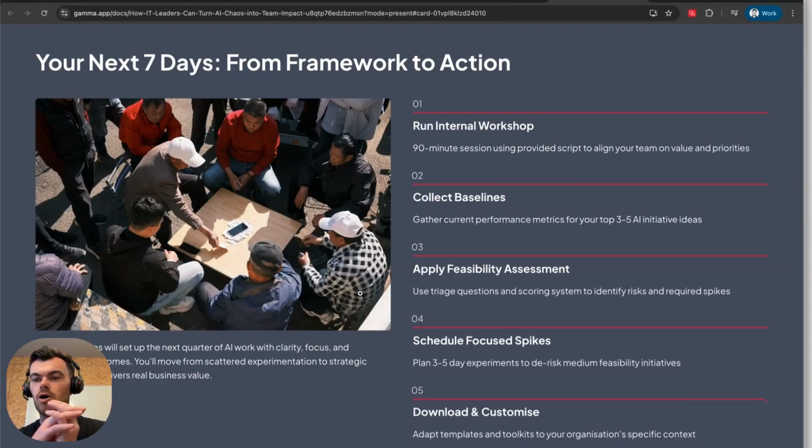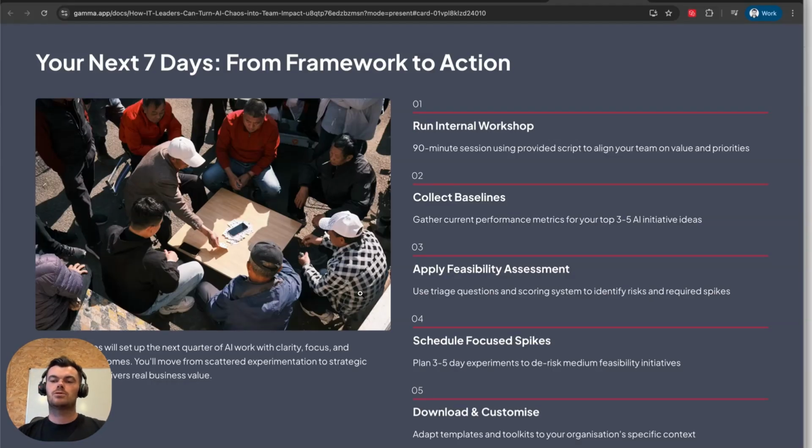So hopefully that was a very brief and useful introduction. Here's what I would say you should do from here. I think you should run an internal workshop and you should get together all the AI initiatives that have been passing throughout the company, top down, bottom up, all over the business, right?